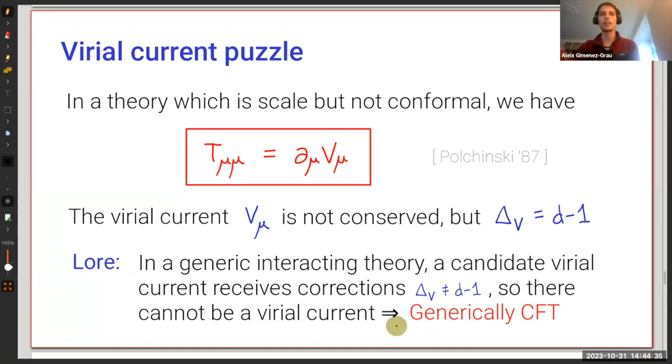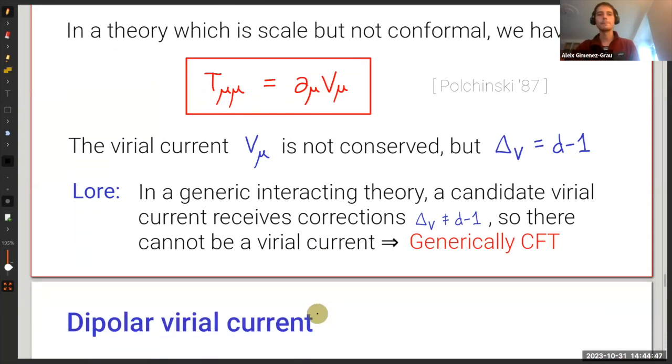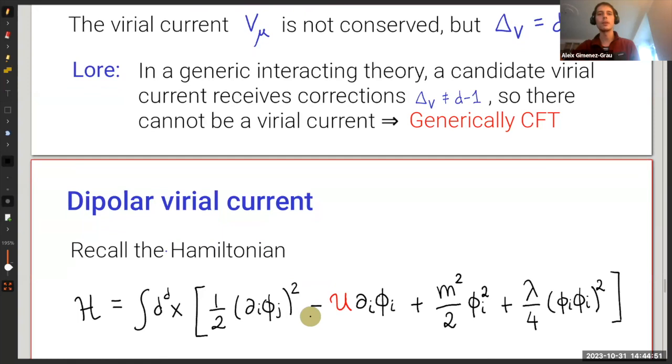How is it possible that our theory, which looks like a perfectly normal theory, is bypassing this argument here? This might look a bit confusing, and let me go into it in a bit more detail.